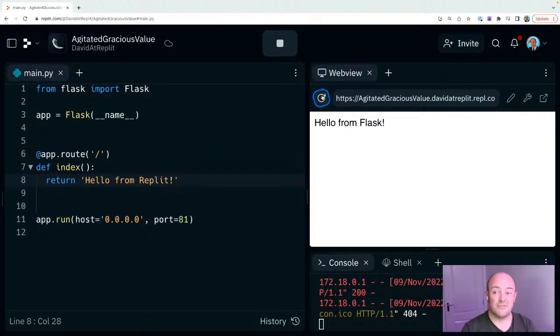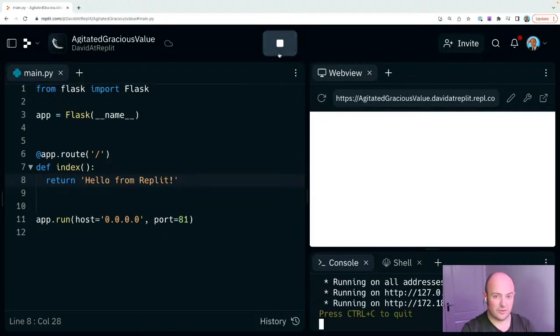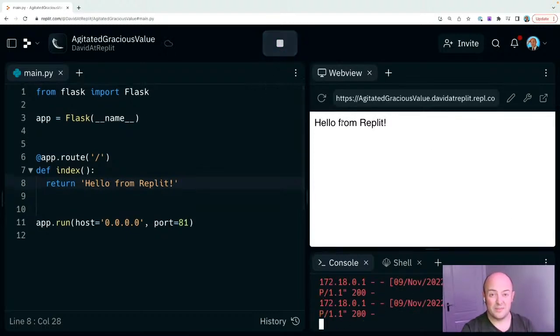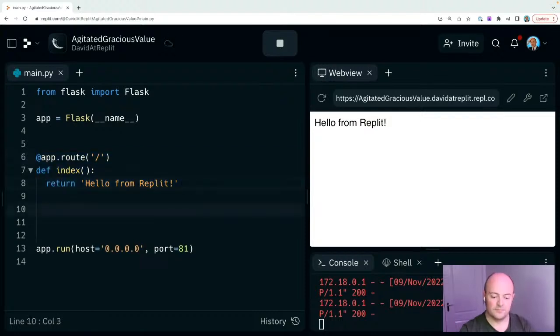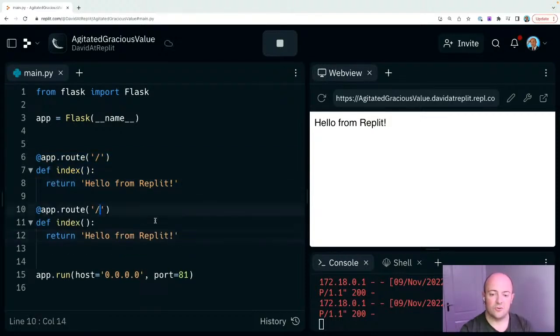Now you'll see there that just clicking refresh doesn't do a great deal. It's because I've changed some of the actual Python code. So I need to stop the server and restart it. That is one of the limitations and the frustrations in website development with something like Flask, but you get used to it. And now my page is serving a different thing. If I wanted to output to a different page, I could take that entire code, paste it in here. Let's call our page /hello. Well, let's call it goodbye because we've got a hello page. We'll say bye from Replit there.